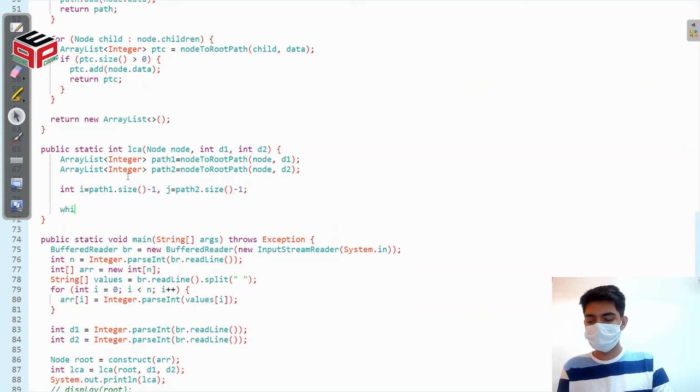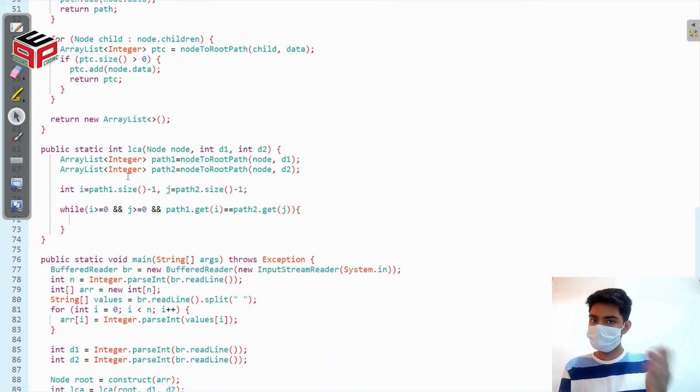Now we'll start a while loop: I is greater than or equal to 0, because we don't want to go out of bounds, J is greater than or equal to 0, and then the value at I, which is path1 dot get at I, is equal to path2 dot get at J.